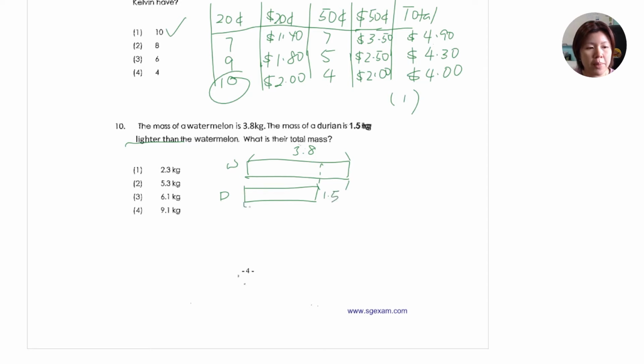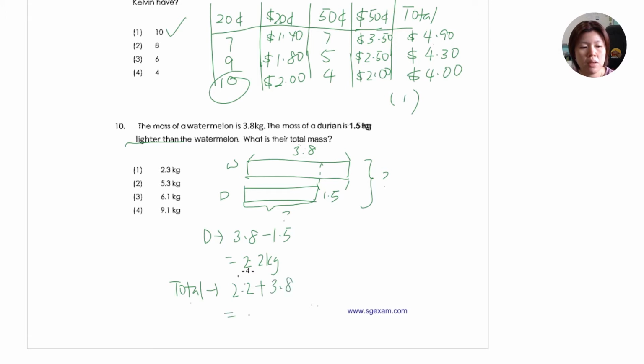So I want to find my durian first before I can find my total. So durian will be 3.8 minus 1.5, which is 2.3 kg. So total will be 2.3 plus 3.8, which will give you